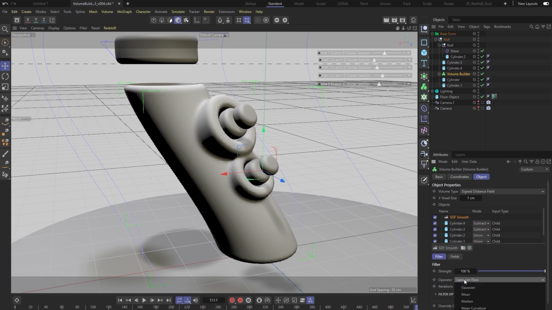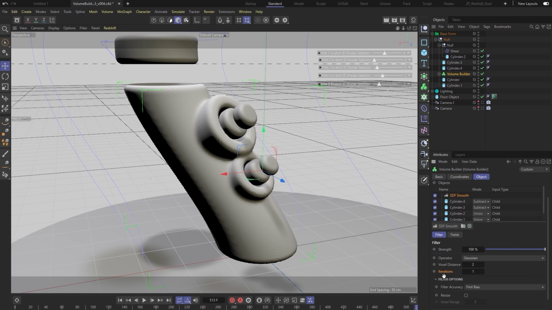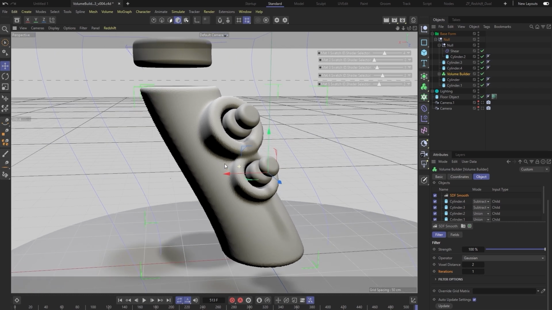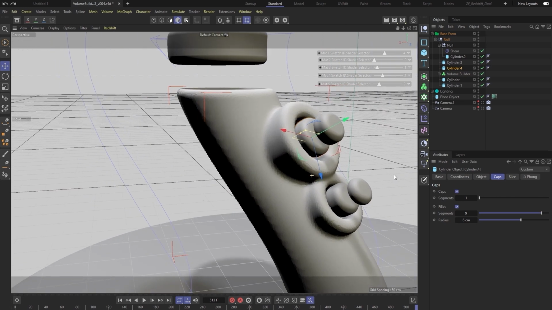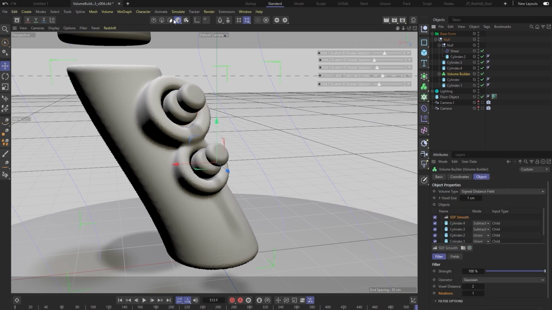So that Laplacian flow, if I'm pronouncing it incorrectly, I apologize, is pretty similar to the Gaussian with 2 and 1. It's actually fairly close, just to give you an idea, but it's using an evaluation that's doing different things. But I think this will work just fine. So I've taken you through all these, and we've got this base object. Let's go ahead and throw this volume builder into a volume mesher.